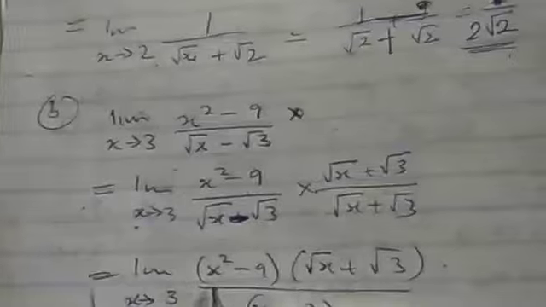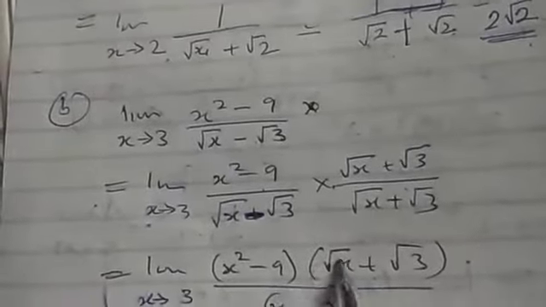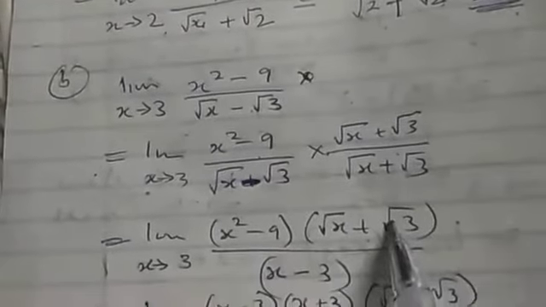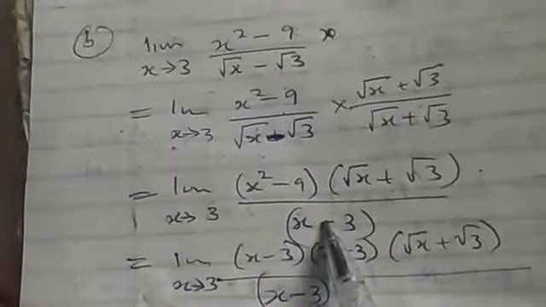Now I don't need to expand these two. I'll just write them together. That is why we have s squared minus 9 times root of s plus root of 3. But this one, I will expand it. Root of s times root of s, that is ordinary s. Root of 3 times root of 3, that is ordinary 3. Then minus times plus, this is a minus between them.